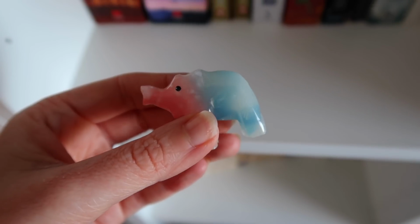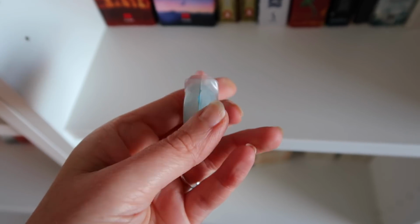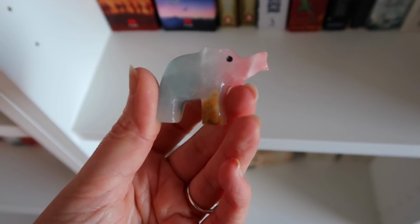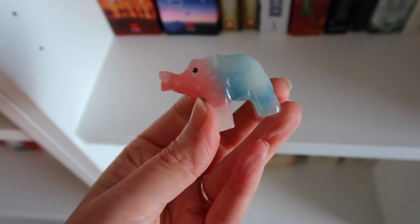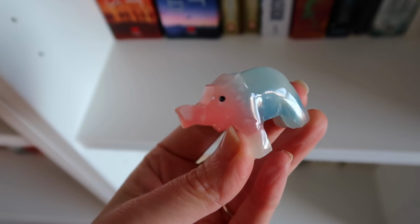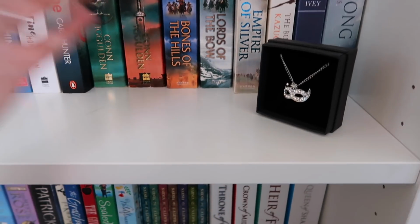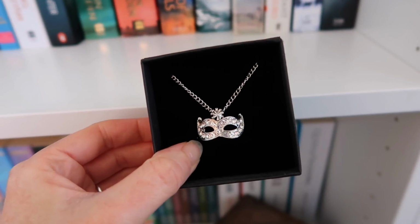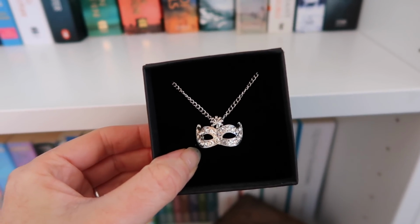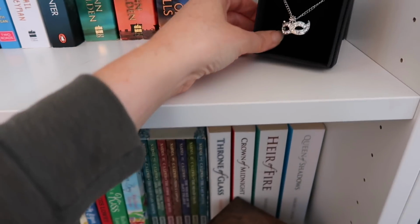to the bottom. So I don't have too many trinkets on this side. This is a little elephant that I got from Knowsley Safari Park. He's got a little brown mark there, but I just thought that he was so cute, and he just lives on my bookshelf there. A little bit further down we've got this Venetian mask. This came in a Fairyloot, and it's actually a necklace, but the chain is far too long, so I just think that it looks